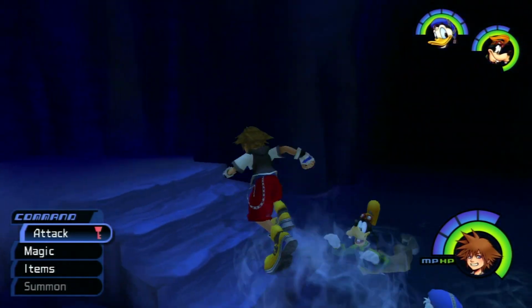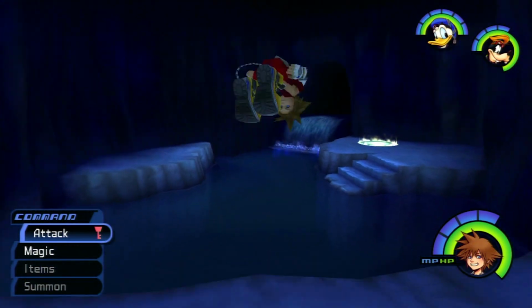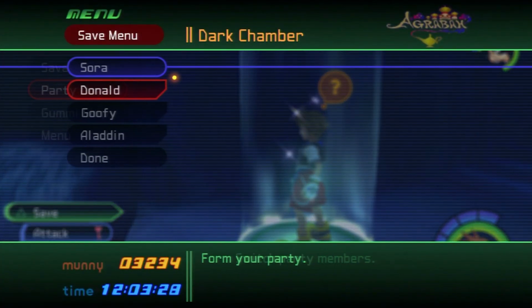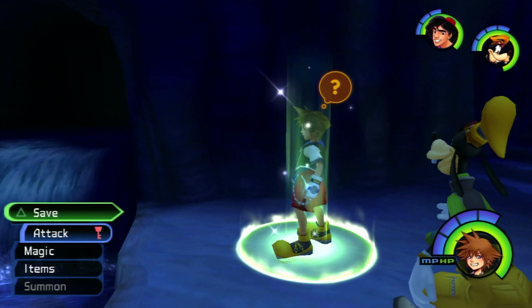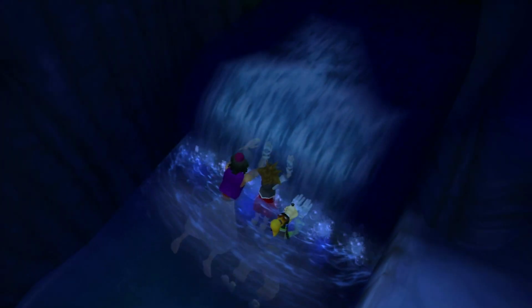Alright, and so we are back in Agrabah, and now that we have the high jump ability, that means we can actually reach up to places we couldn't have reached before. Like I stated the first time we visited Agrabah, there are treasure chests that we can't really reach at the moment, so we had to wait till we got the high jump. Well, now that we got the high jump ability from Monstro,